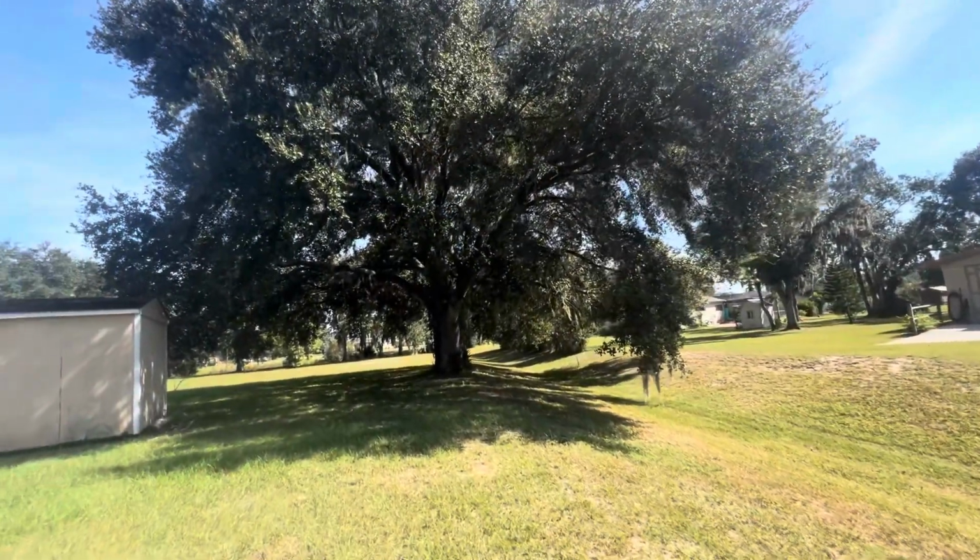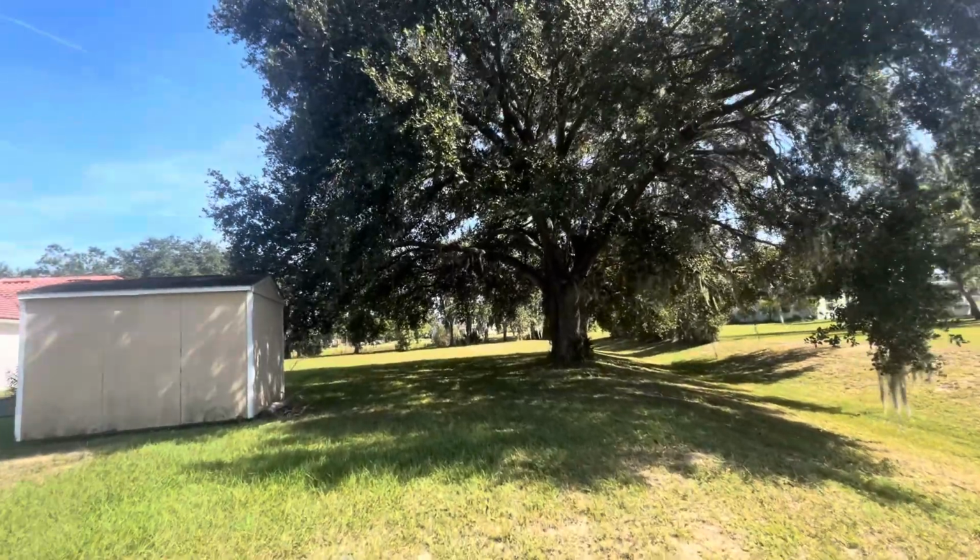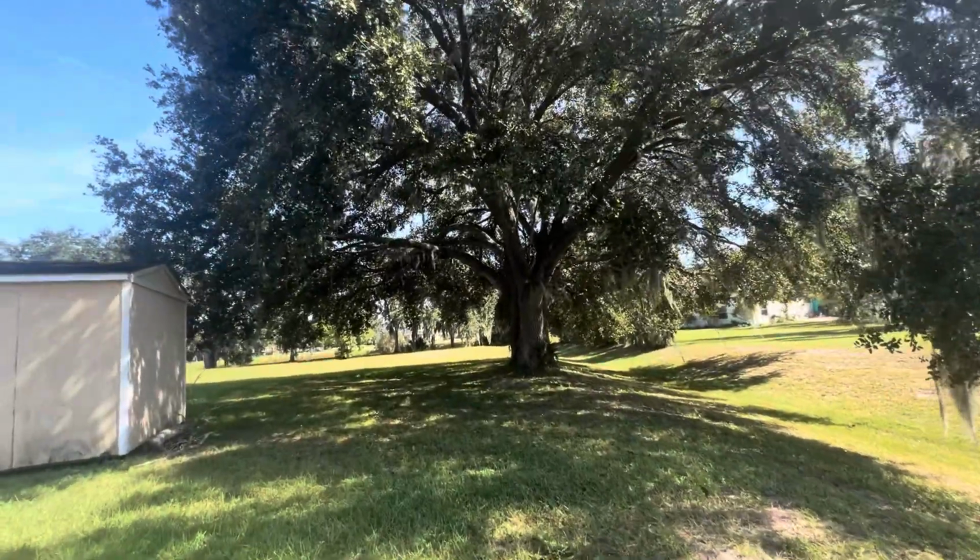I love this tree that's back here. I love trees, so that's a thing. Anyway,